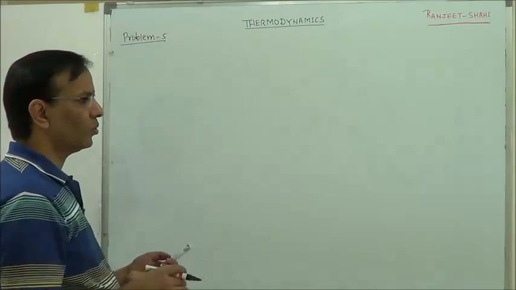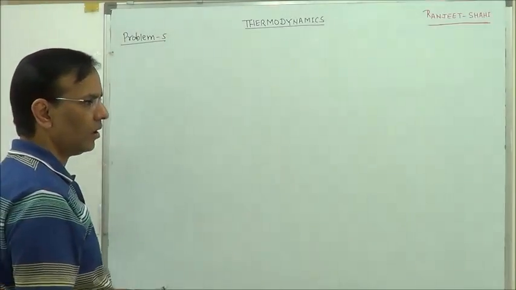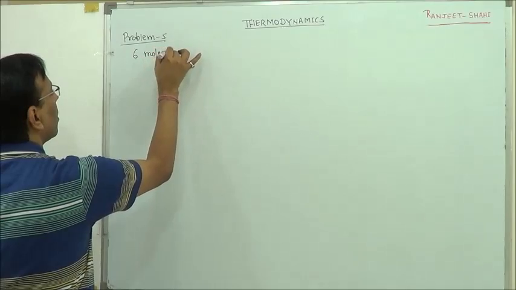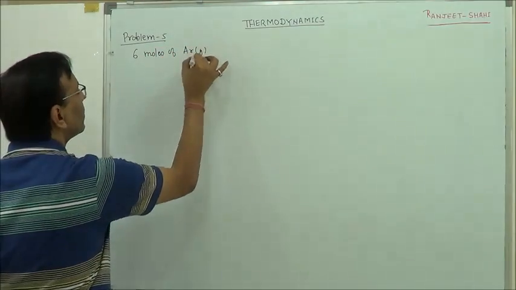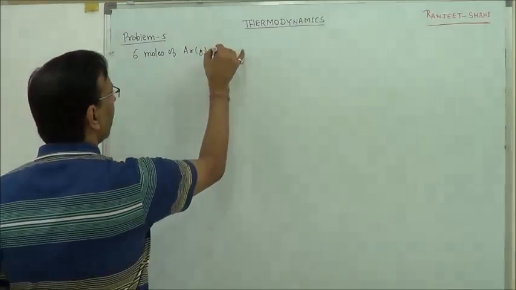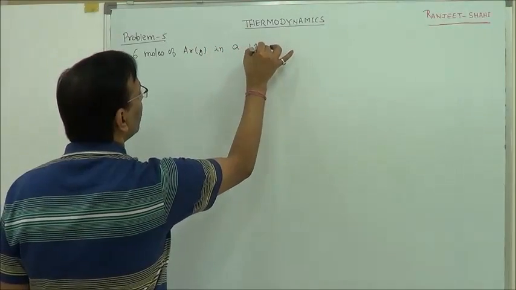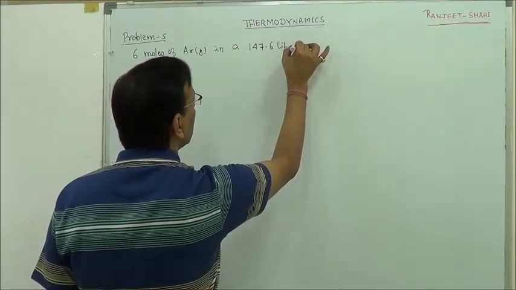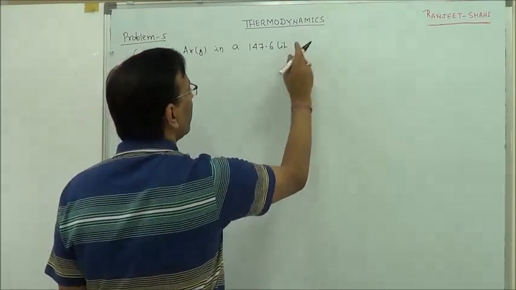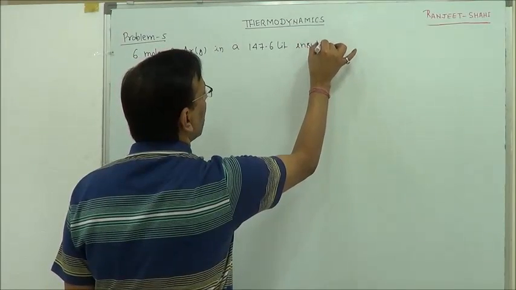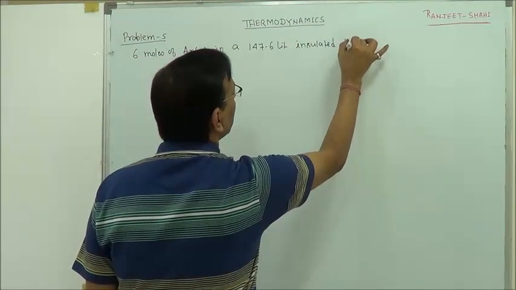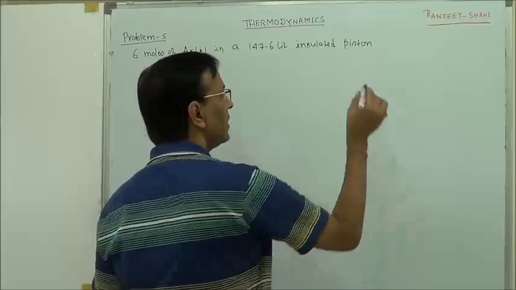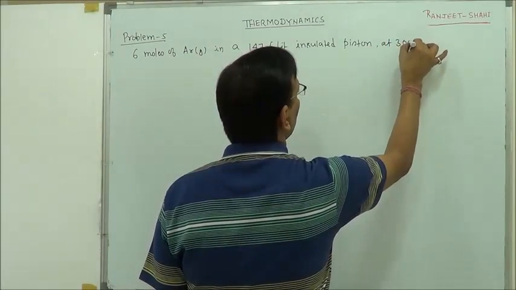The question is related to adiabatic compression of a given mole of gas. 6 moles of argon gas in a 147.6 liter insulated piston, initially at 300 Kelvin,